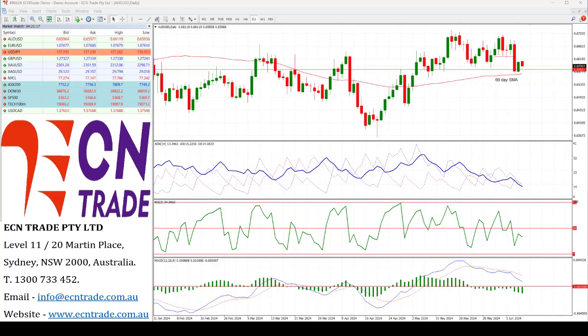However, we should not rule out a possible earlier cut, given the fact the Fed is very heavily data dependent. Also, before the announcement we've got the May US Consumer Price Index, or the CPI report, and then later we've got the PPI and the weekly US jobless claims. Also, we have China to release their inflation figures, the CPI and the PPI, and Australia to update on its unemployment data.